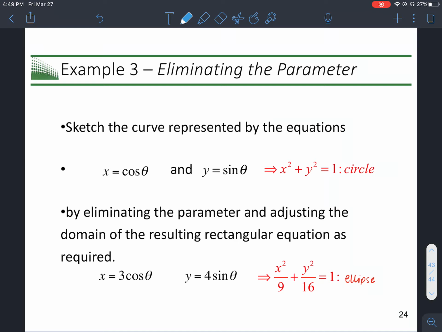It's an ellipse. All right, so parametric equations are really helpful in connecting our x and our y values to a third variable, a third parameter, typically time, or in this case with theta, an angle value. And it takes the equations, the functions that we're used to seeing, and we start to look at them in a slightly different